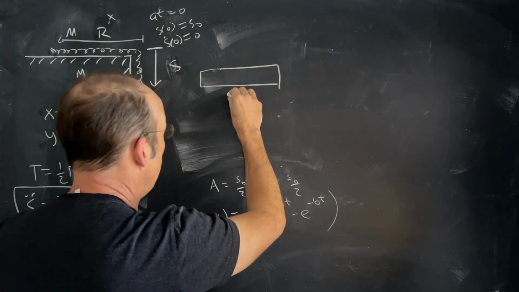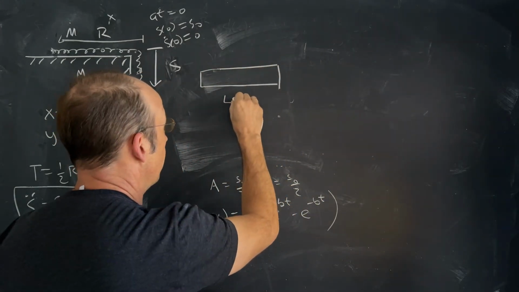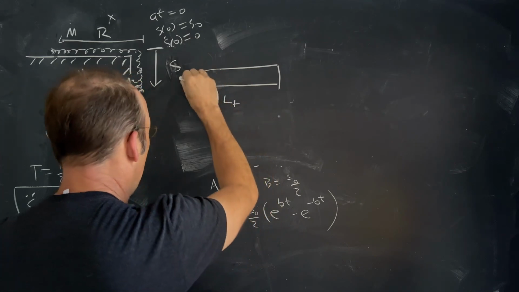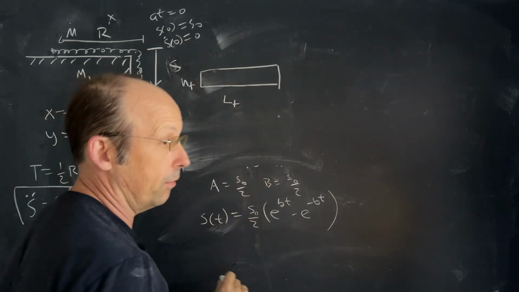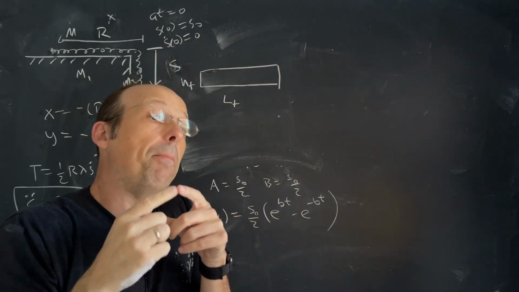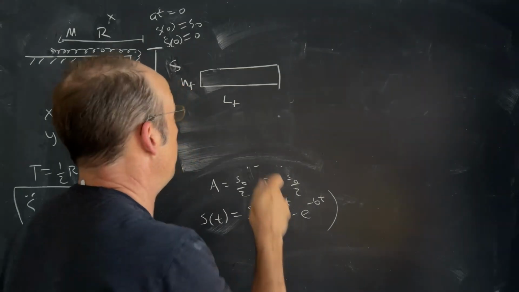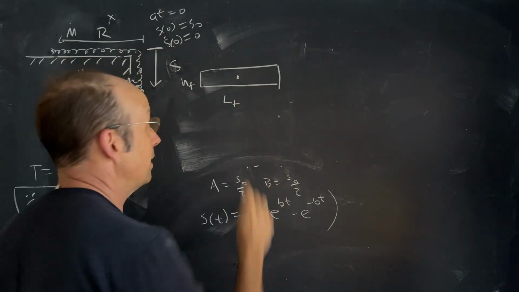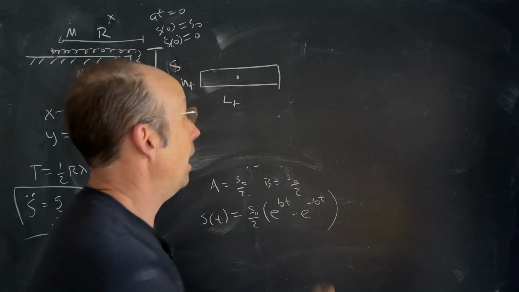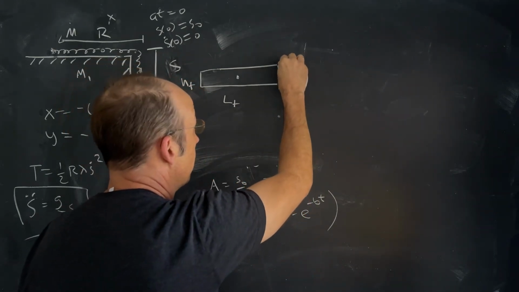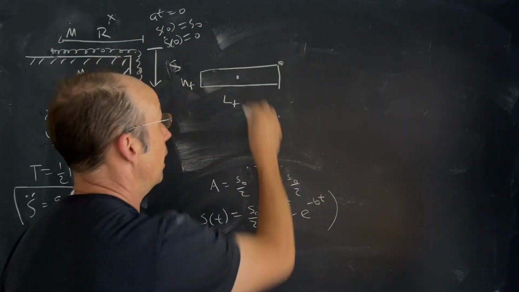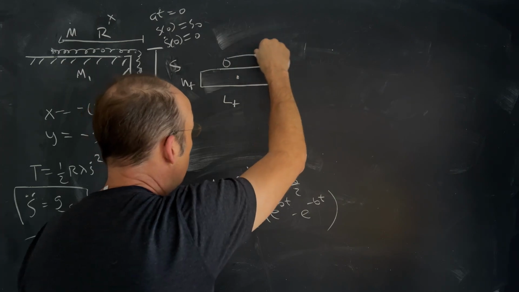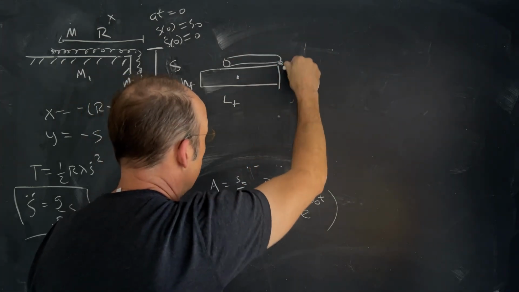And this table is going to be a length LT for length of the table, and a height HT for the height of the table. Because if I make a box, a 3D box in WebVPython, it wants the dimensions, but it also wants the position of the center. Now, I want this point right here to be the origin, so that I can have my chain, which is going to be a cylinder. It's going to be 2 cylinders,